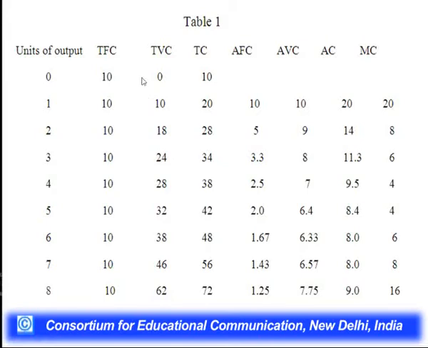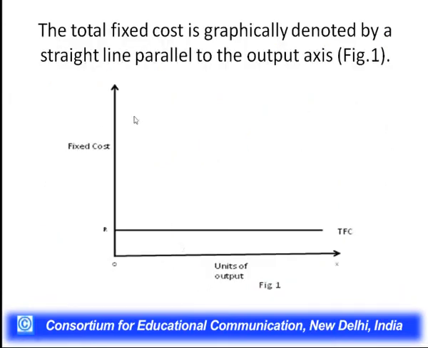So we have added this 10 plus 0 is equal to 10. So even at 0 units of output, there is some total cost, and this goes on increasing with the increase in total output, as we have shown: when we are producing 1 unit it is 20, when you are producing 2 units it has become 28 and it goes on rising, and when we are producing 8 units this total cost has become rupees 72. This is shown in the diagrams also.